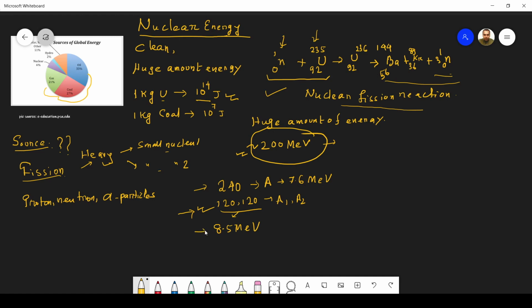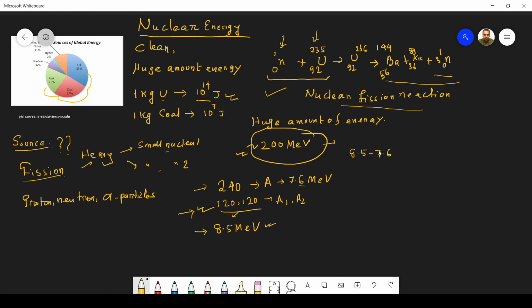You see, therefore these daughter nuclei are more strongly bound as compared to the parent nucleus. So now you see there is obviously a difference of